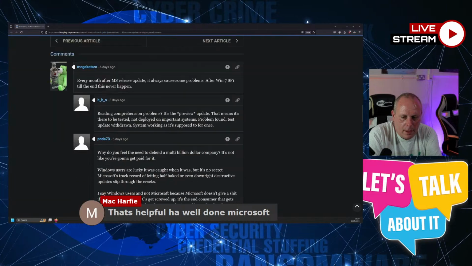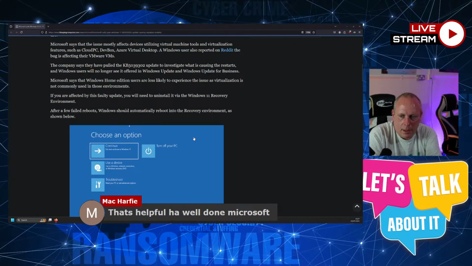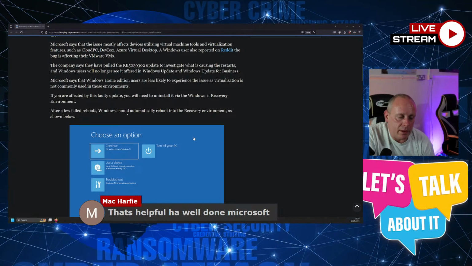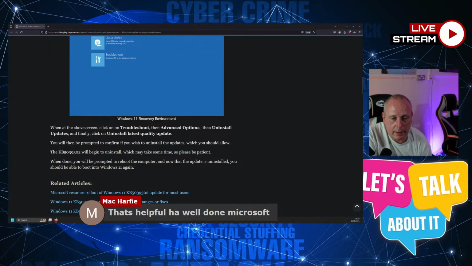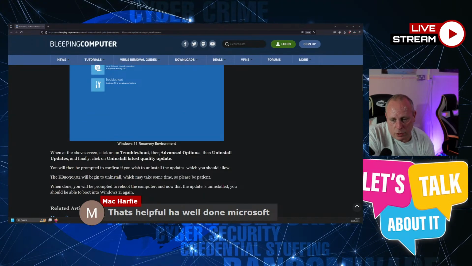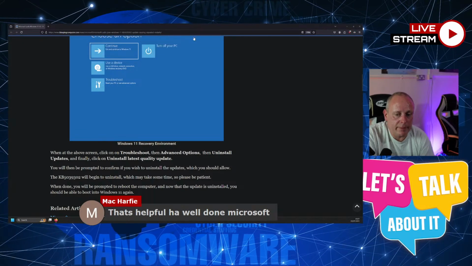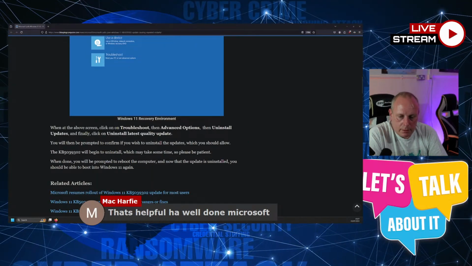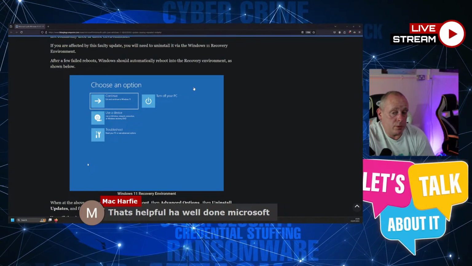And then you need to go into troubleshooting, and the advanced section allows you to remove the latest update. And if you uninstall it, you'll find that Windows should boot back in. In fact, the instructions are here. So when you're at the above screen, click on Troubleshoot, then Advanced Options, and then Uninstall Updates, and finally click on Uninstall Latest Quality Update. You'll get prompted if you want to do it. Hit yes, and that's something you should get used to doing, because we look after a lot of computers and we do this a lot.